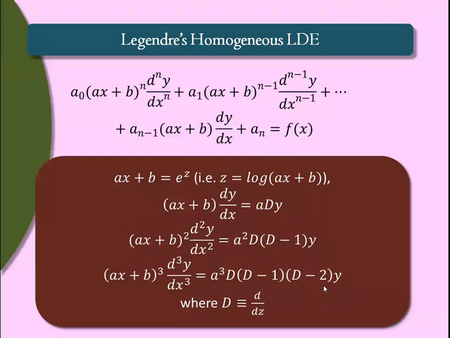Then find the roots of the auxiliary equation, check the nature of the roots, and depending on the roots, we get the complementary function. For the particular integral, there are three methods. You can use either method to get the solution: the general method, the shortcut method, or variation of parameters. That gives us the solution.